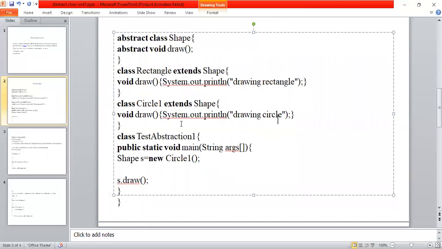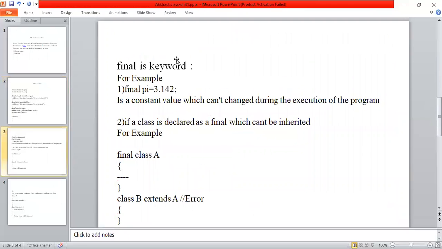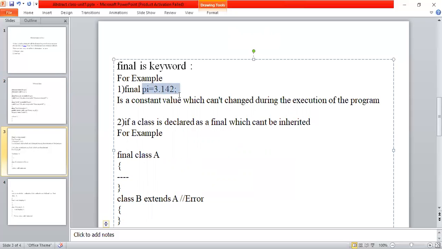Now one more important topic in Java is the final keyword. What is the final keyword? Final is a keyword, and if we use this keyword before a variable, then that particular variable is treated as a constant. You already know what a constant is. Constant means the value is fixed, which cannot change during the execution of the program.